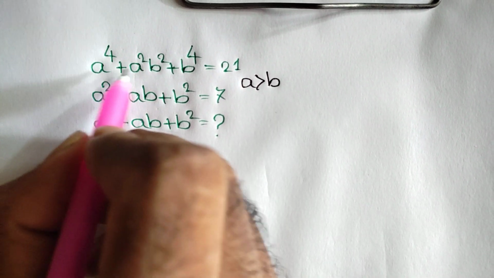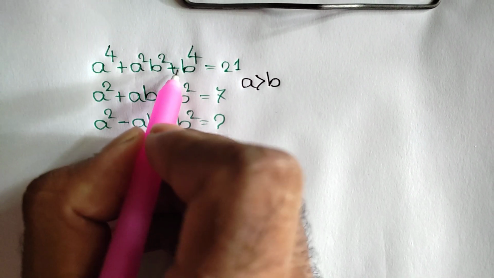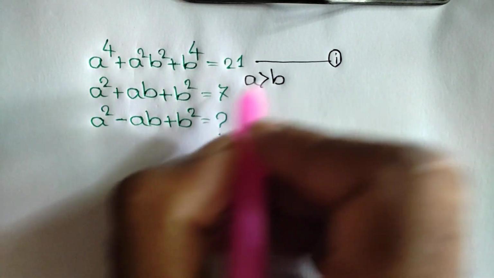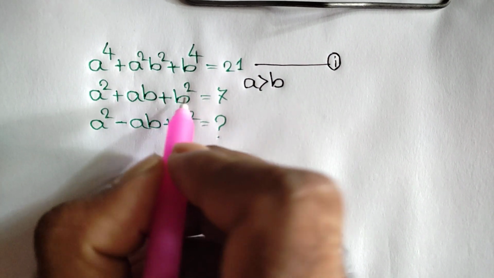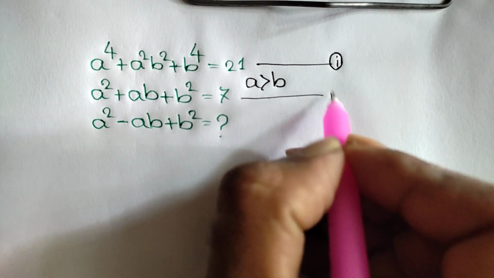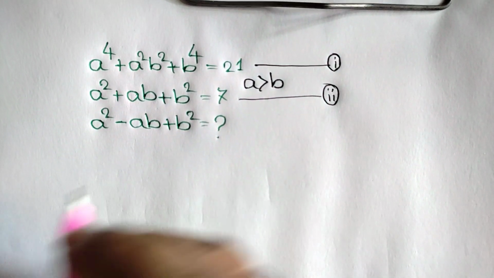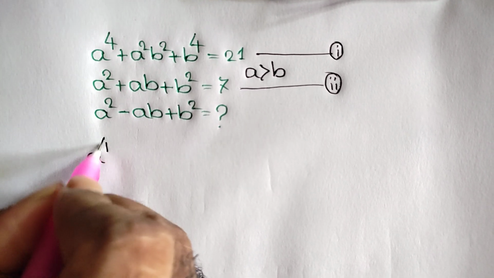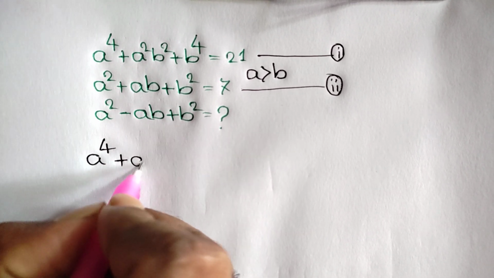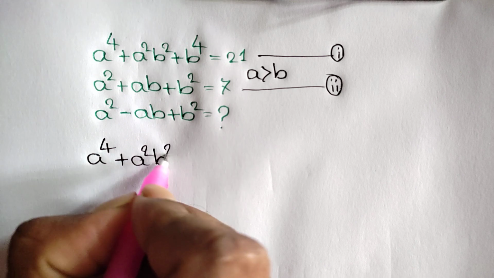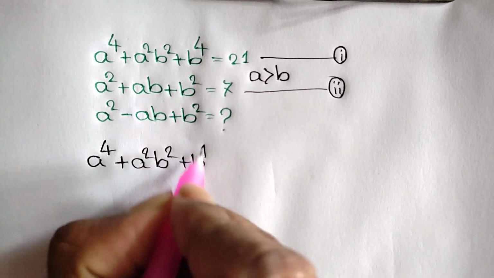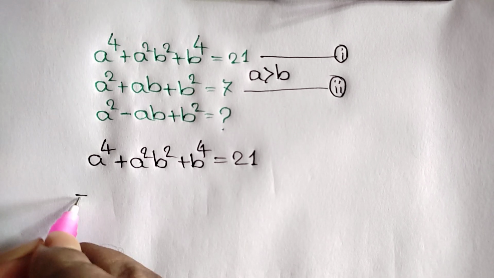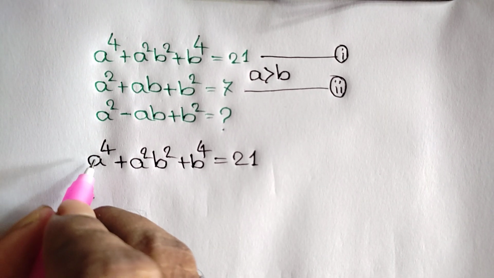Now a to the power 4 plus a square times b square plus b to the power 4 is called equation number 1, and a square plus ab plus b square is equal to 7 is called equation number 2. Now from equation number 1 we can write a to the power 4 plus a square times b square plus b to the power 4 is equal to 21,